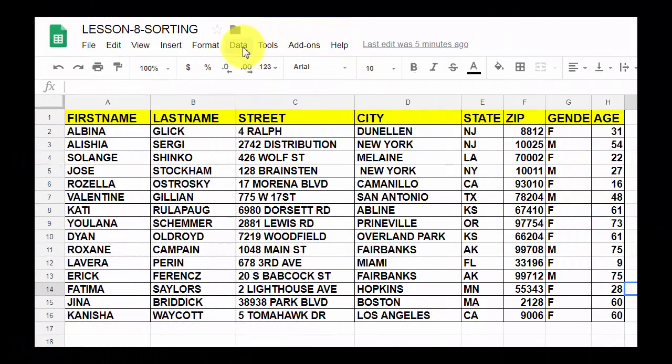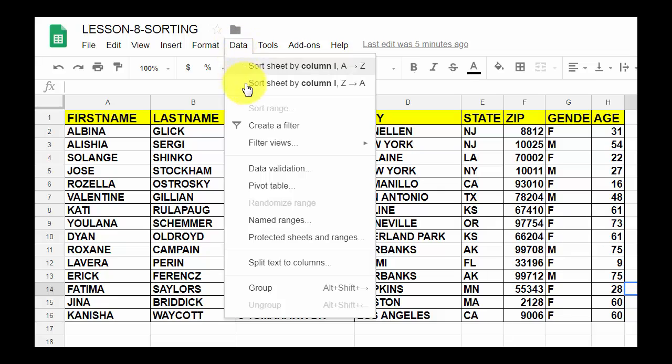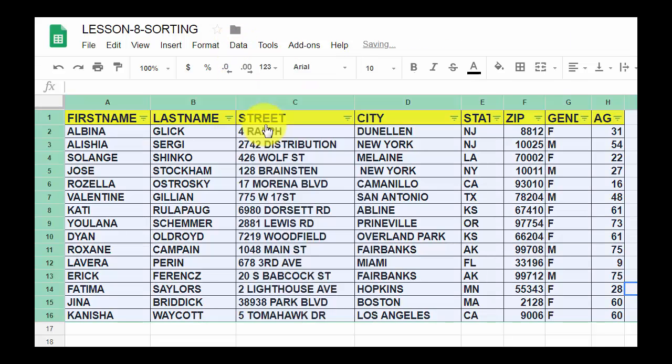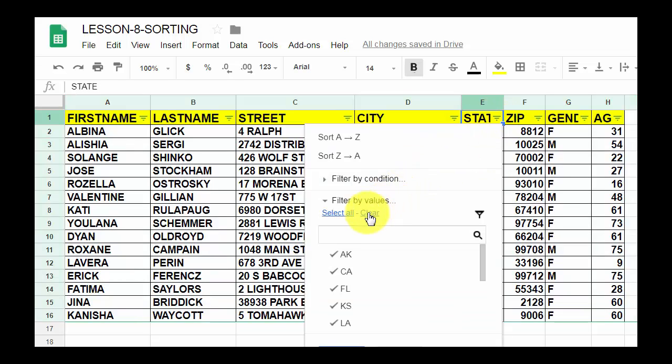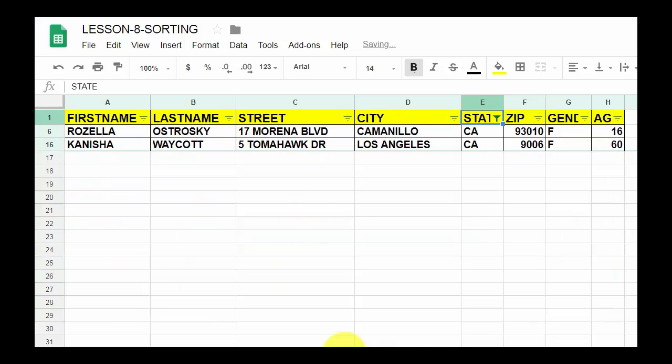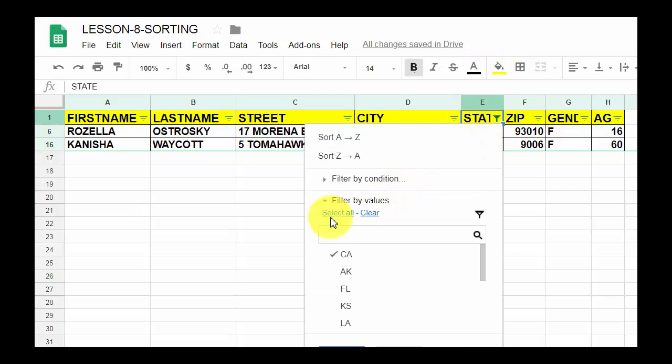Okay, to start this one off, I'm going to click on Data, and you're going to see Create a Filter. And when we do that, all these filters appear, as you can see right here. So now the first one we're going to do is let's look at State. I'm going to click on State, click on Clear All, and then I'm only going to choose California. And we'll click on OK. And you'll notice only California appears. Now to go back, we'll click here, click on Select All, and hit OK,